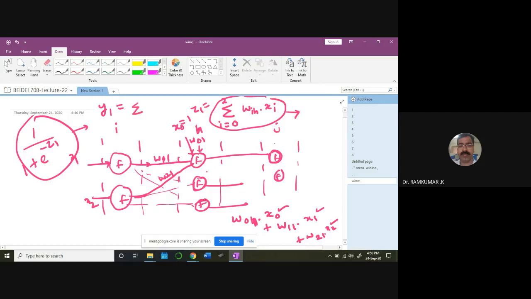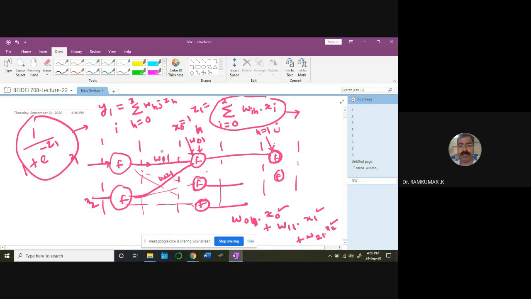What are you expecting the running parameter to be? H. For example, here it goes from 0 to 3: 3 neurons plus the bias. One bias will be for this, but its H value will always be equal to 1. So tell me what this value is. W_HJ, where J is a running parameter, and the corresponding input is going to be Z_H. Is it clear?